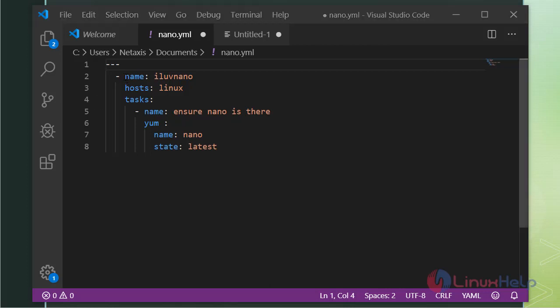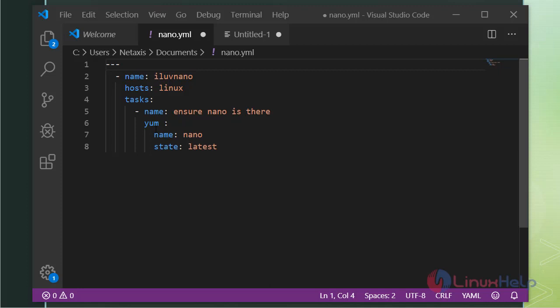So right here you can see there's a name. The name is good for keeping the playbook readable. The name I have defined here is I love nano. After that, there's a hosts entry, which identifies the target for Ansible to run against. The hosts entry contains the name of the group, which I have defined in the inventory file of Ansible. On the same indent level as the two prior statements will go the tasks, after which any plays are listed below. So in this case, I have one task.